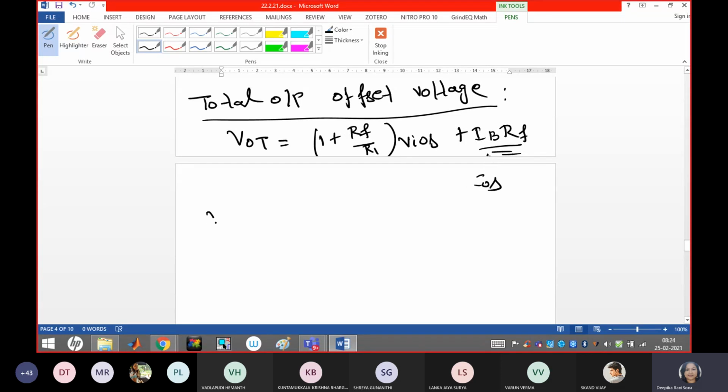The same equation if I write down for VOT, what I said, the total output offset voltage is the combination of the voltage developed due to input offset voltage and bias current, or this IOS represents input offset current, right? So the same equation, if I will represent,